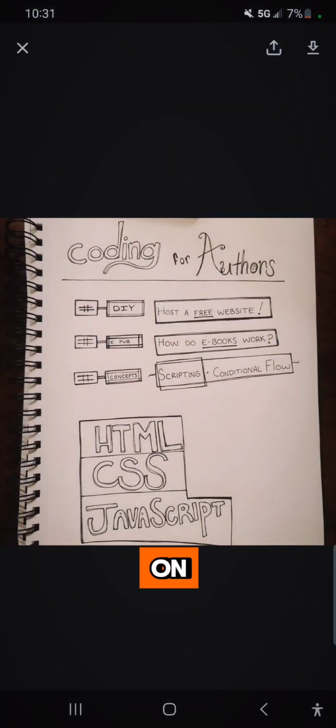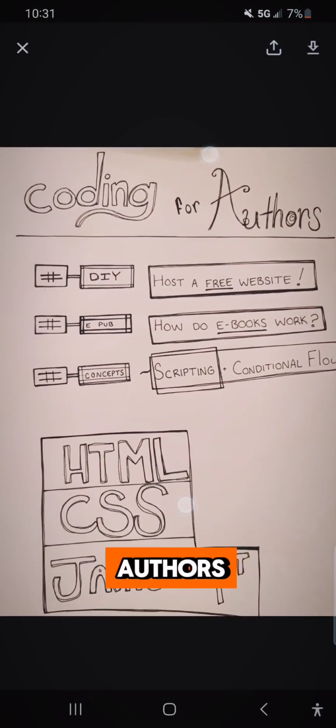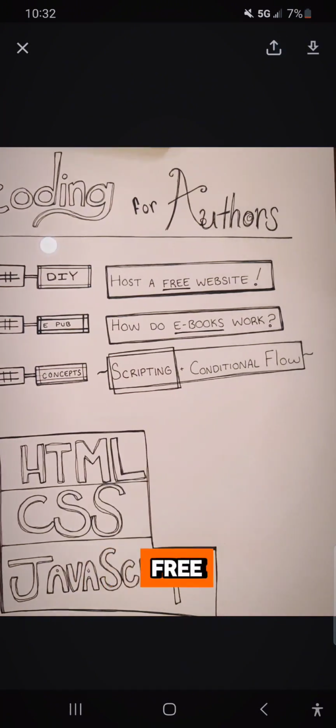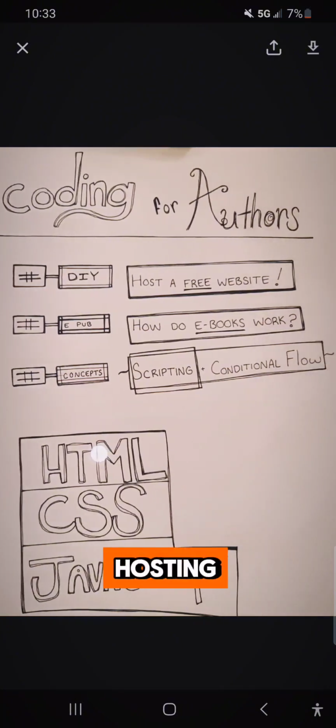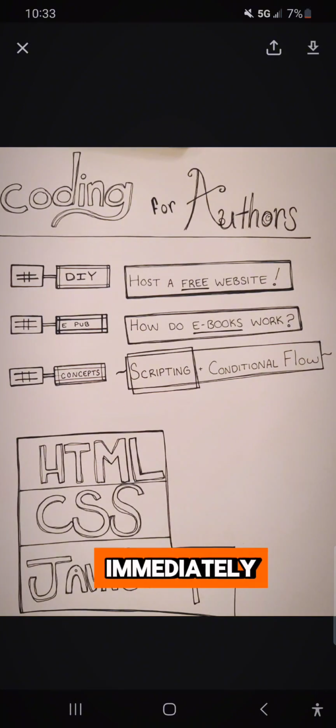I'm teaching a course on my Patreon called Coding for Authors. The first thing I did was draw out the topics that I wanted to cover: hosting a free website, how ebooks work, and scripting and conditional flow. The goal for this structure is to have the first topic, DIY hosting a free website, be immediately useful to